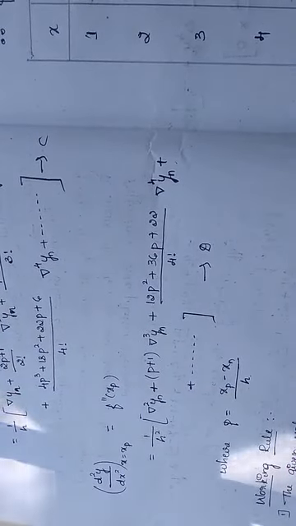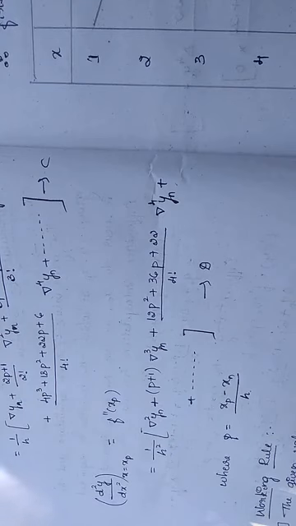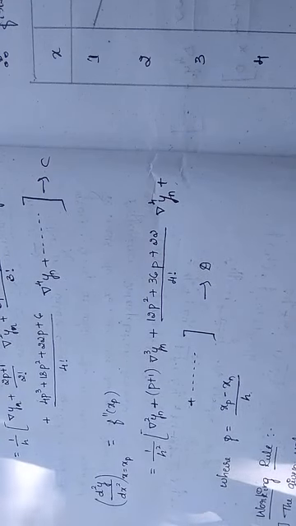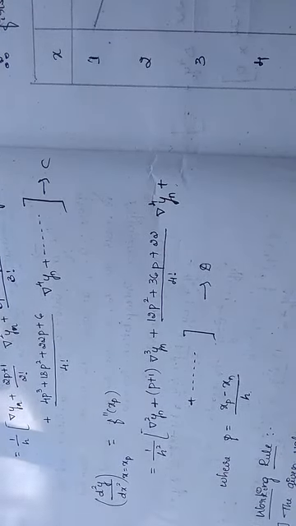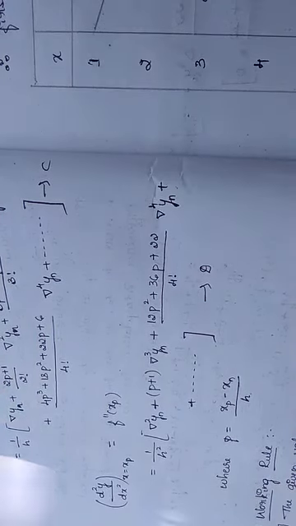Next is the double derivative. d square y divided by dx square at x equals xp, that equals f double dash of xp, that equals 1 by h square into del square yn plus p plus 1 into del cube yn plus 12p square plus 36p plus 12 divided by 4 factorial into del to the power 4 yn plus so on. Let it be equation D, where p equals xp minus xn divided by h. So this is the formula to find the derivative using Newton's backward difference interpolation formula.